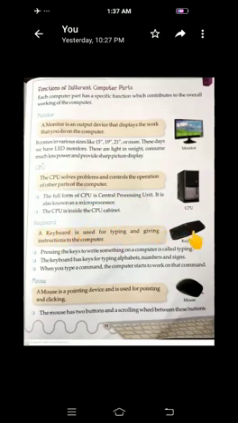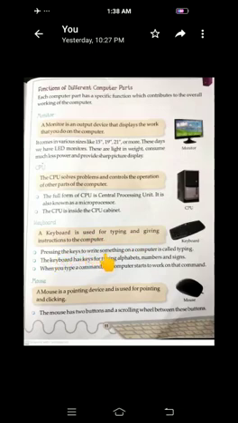Next is keyboard. If we have to type something on the computer, listen carefully. If we have to type something on the computer, then we do it with the keyboard. Okay? To start work on the computer, we have to give instructions with the keyboard. A keyboard is used for typing and giving instructions to the computer.